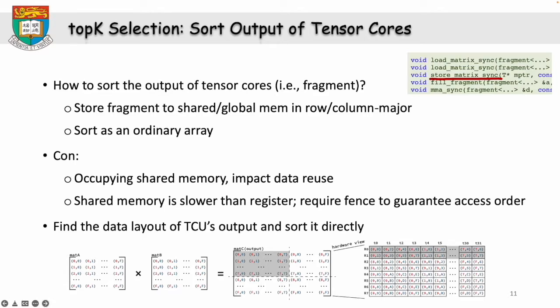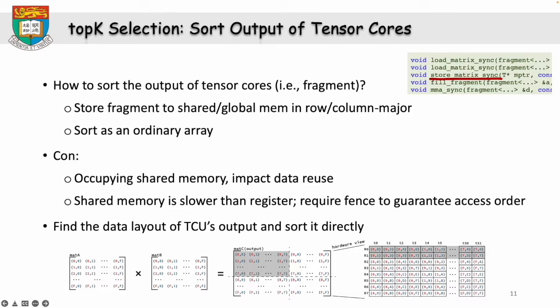Then we came to the top-k selection part. We adopt the partial sort style method to compute the top-k elements. The first thing we need to solve is how to sort the output of TensorCores, or fragment in NVIDIA's terminology. The conventional way is first